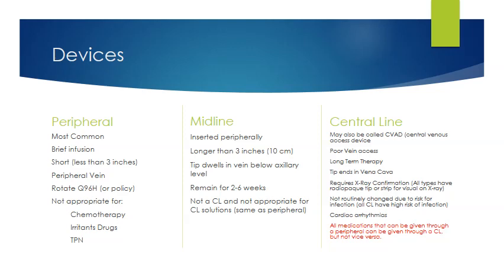The length of the cannula is less than 3 inches. They're just a short cannula that's in there. We do use the peripheral veins. We rotate those according to policy, and right now best practice tells us that that's every 96 hours, or every 4 days. We do not use peripherals for irritant drugs such as chemo, TPN, concentrated potassium, anything that would be